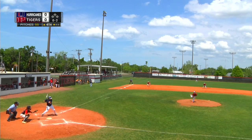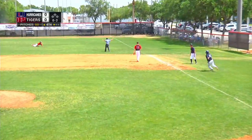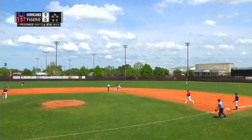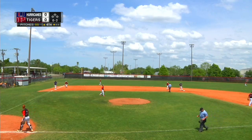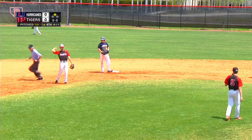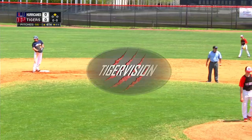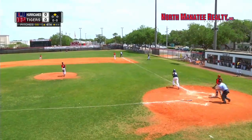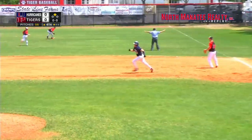And the pitch to Gunnar Wilson, and it is a curveball. He gets it. It's a pop ball into right field, and it was not fielded by Byron Acevedo. Byron unable to make the play. I think he must have had a little bit of difficulty with the sun, because he hesitated before making his move to attempt to catch that ball, and that allows Gunnar Wilson to slide safely into second base for a double. So with 1 out in the 4th inning,